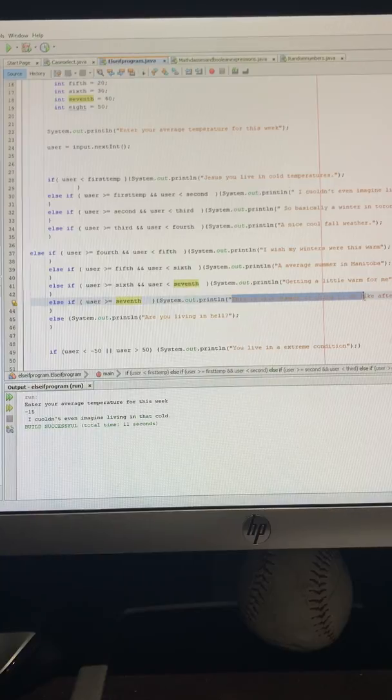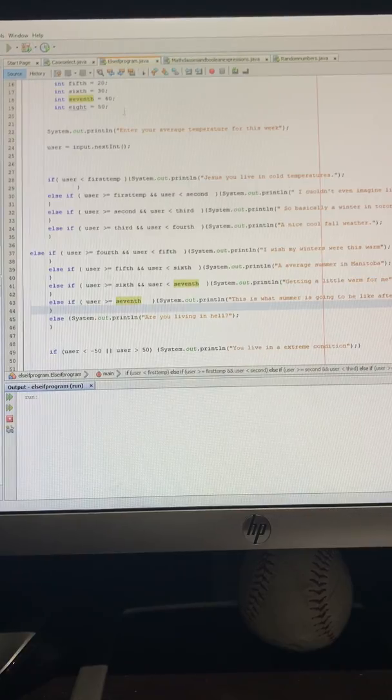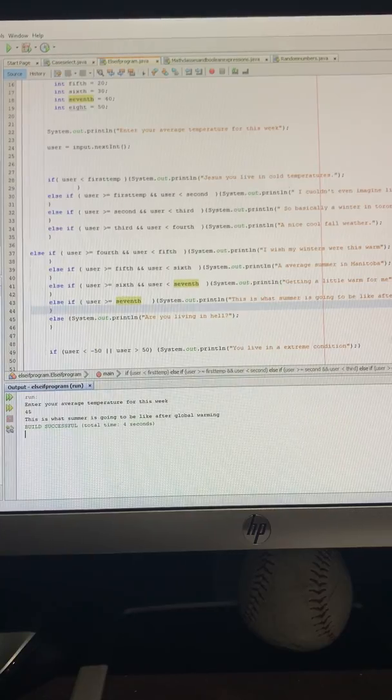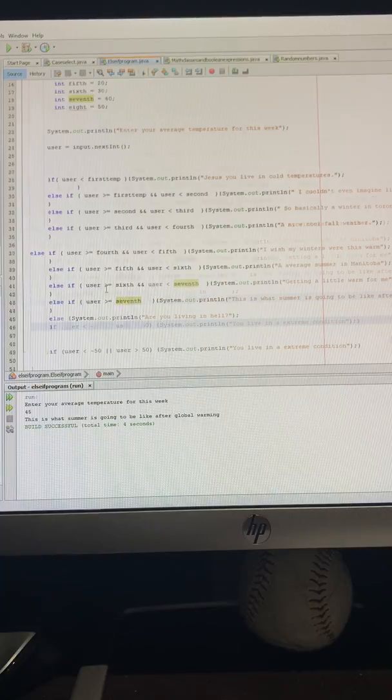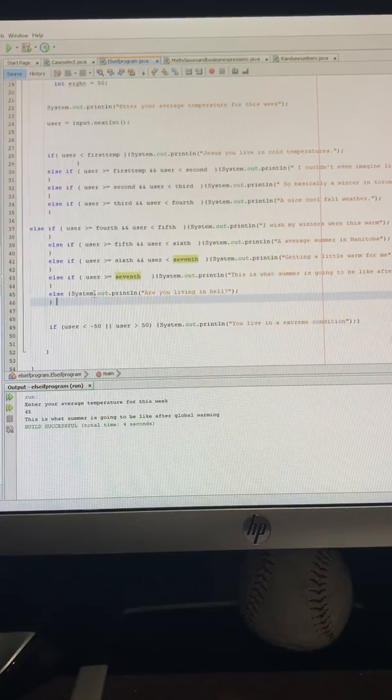This is what summer is going to be like after global warming. So this statement will happen. So if we run this code again, so what's 7th? 40. So let's say it's 45. This is what summer is going to be like after global warming. That's right. All right. So then else if